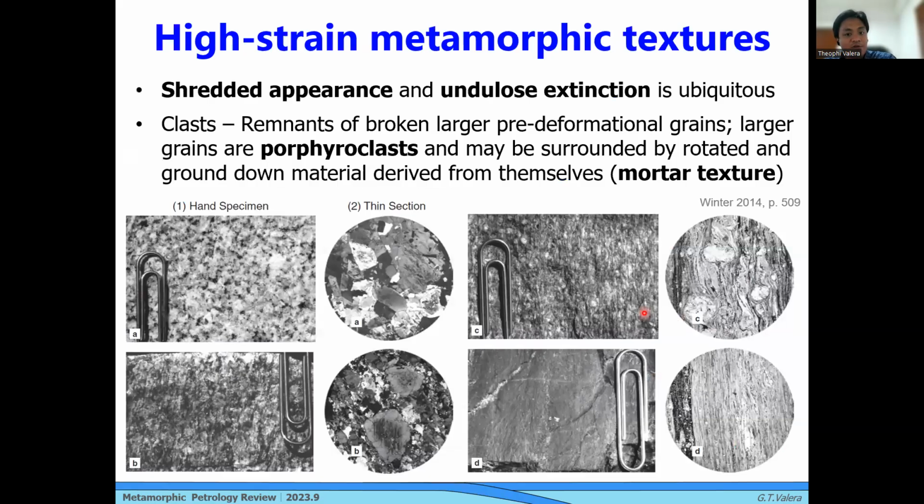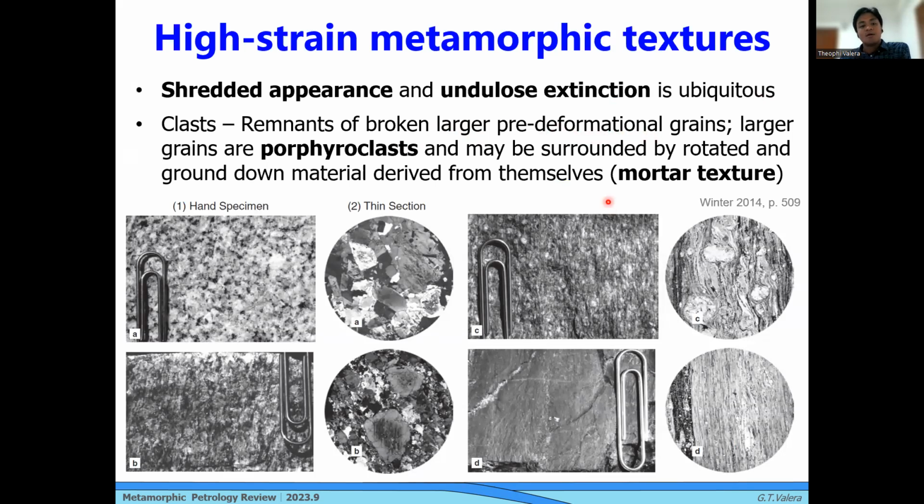Okay. If we further increase the deformation and decrease the temperature for crystallization, what we have is basically a shredded appearance and undulose extinction, ubiquitous within the rock. And eventually we end up with porphyroclasts surrounded by a matrix that is fine-grained. So this ground down material, which was basically derived from the porphyroclasts, this texture is what we refer to as the mortar texture. So the clasts are remnants of broken, larger,